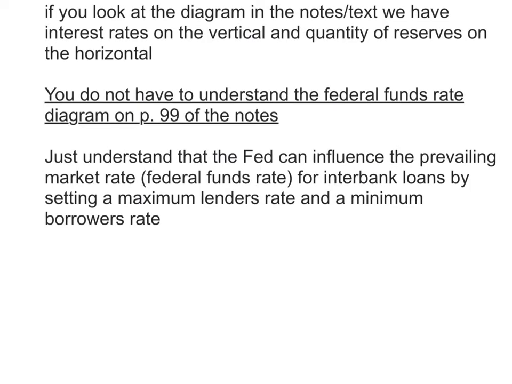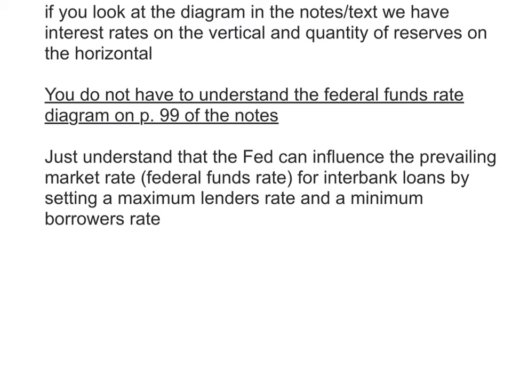The last thing I'm going to do is talk a little bit about the Fed and the federal funds rate. Now, I said at the beginning that the federal funds rate is a market interest rate that the Fed can try to target exactly. All the other interest rates, the Fed can only influence in a general way by trading bonds through open market operations and trading other assets too. Okay? So why is it that the Fed can try to influence the federal funds rate of interest in a specific way?